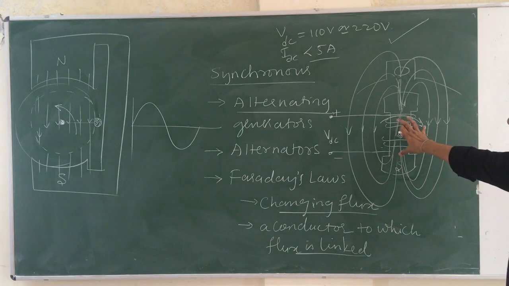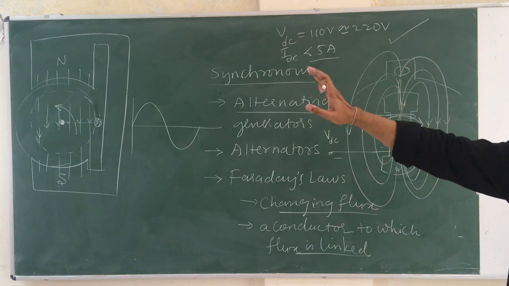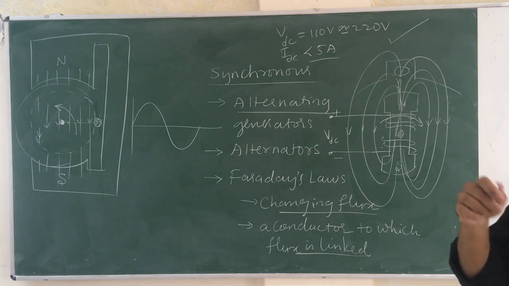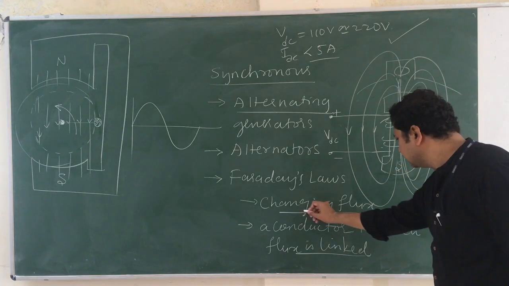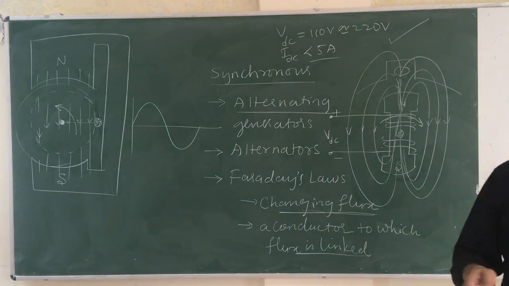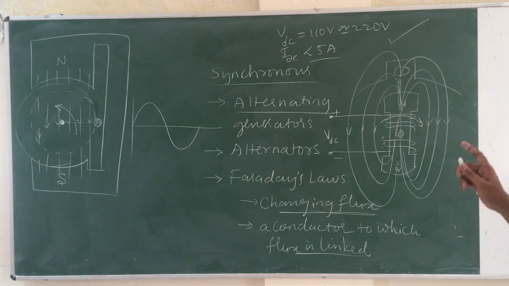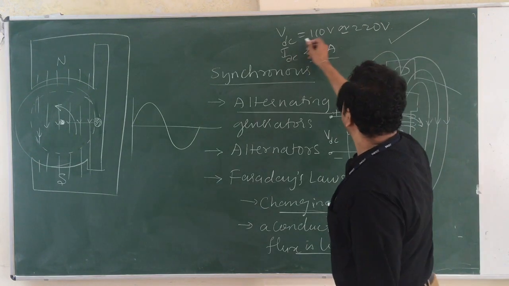Therefore, for the field, whether I use the first system or the second system, I have to provide external magnetizing current to create magnetic flux in the generator. So this magnetic flux is created externally from the DC source. Why a DC source? Because my flux has to remain constant.